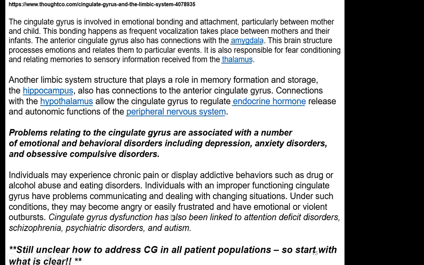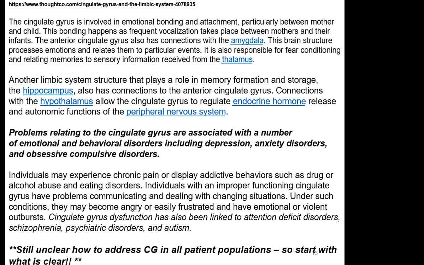So they're looking at studies trying to figure out what's going on with the cingulate gyrus in different patient populations. And sometimes it's very hard because you have all of these overlapping things, and maybe it's not just one problem. Maybe it's not just that the cingulate gyrus structure has changed and therefore the function has changed. Maybe it's also a link to poisons in the environment, if that person is around a whole lot of toxic